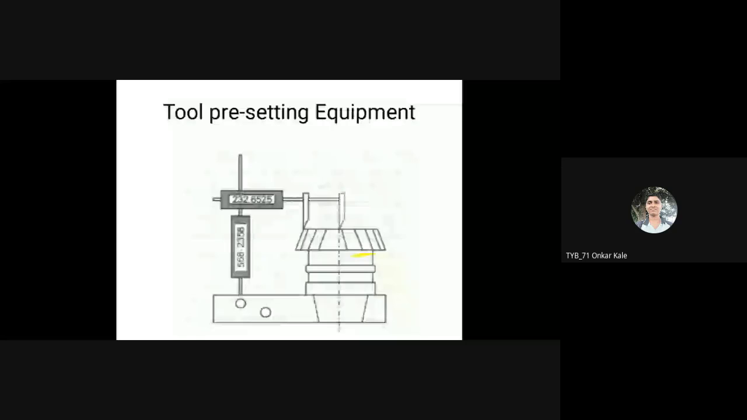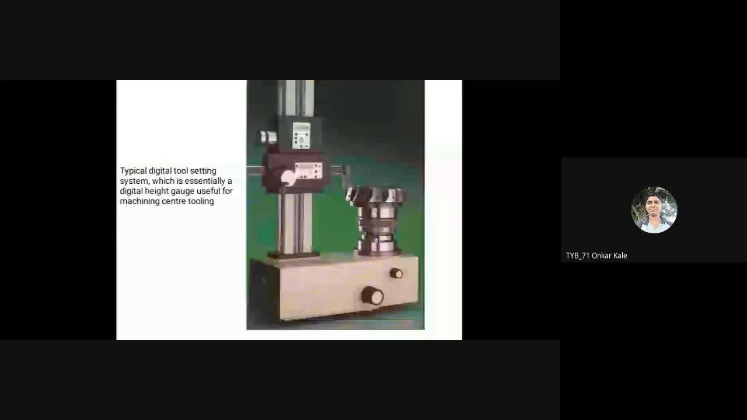Then now you can see here a typical digital tool setting system which is essentially a digital height gauge useful for the machine. आता ह्याच्यामध्ये तुम्ही जर इमेज